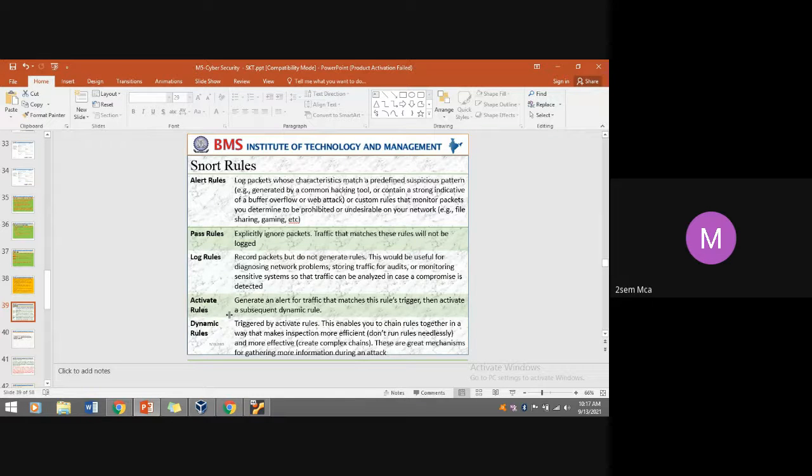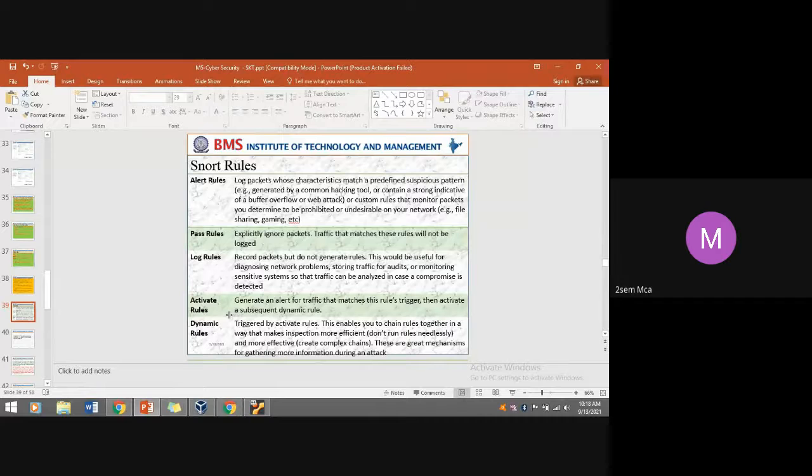If a suspicious person enters the main gate, he has to produce a sufficient ID. If he passes, he can enter the main gate. At the second checkpoint, that person is going to be asked again. They keep on asking whether he is suspicious. If not, they simply ignore, and that traffic is passed. Similarly, dynamic rules chain rules together to inspect a packet to see whether it is suspicious. If it is suspicious, immediately stop it from penetrating into the system or the network.